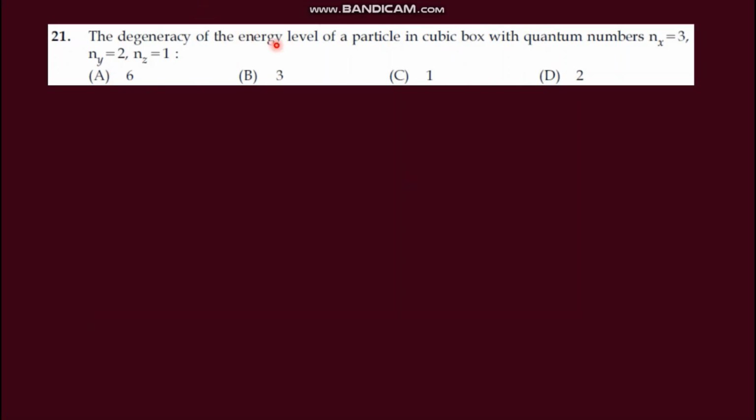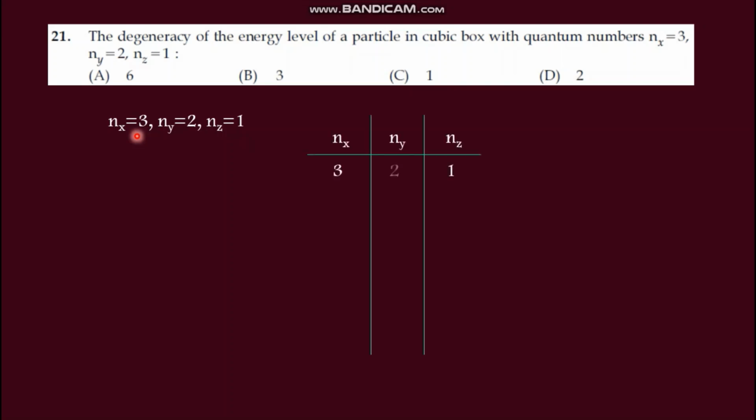The first question is the degeneracy of the energy level of a particle in a cubic box with the quantum numbers nx equal to 3, ny equal to 2, nz equal to 1. Here the three values are different. So nx can be 3, ny can be 2, and nz can be 1. How we can arrange these three values, that we have to check, and that will give the degeneracy of the